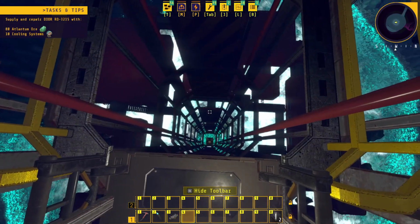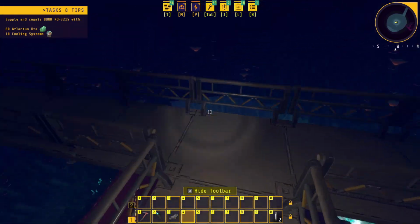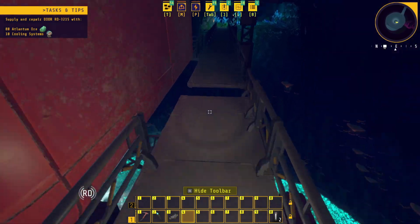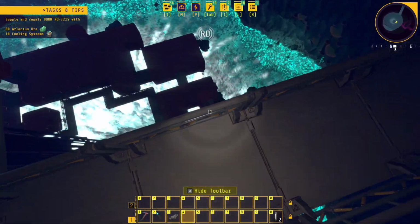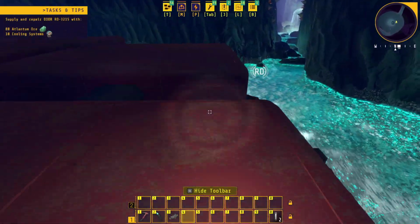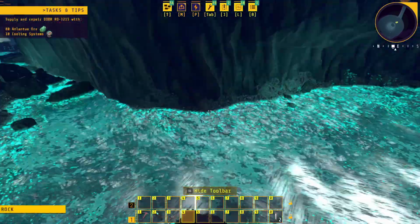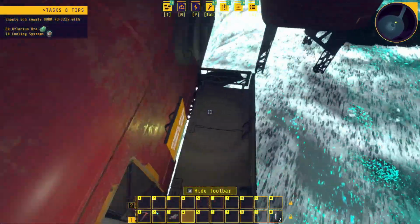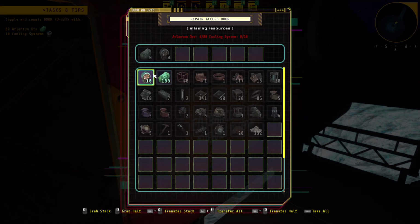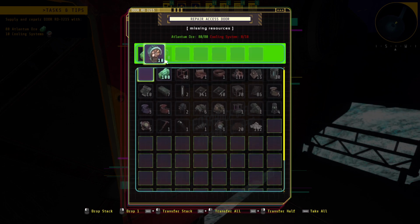Don't want to end up down there though. Can I get myself, because I can jump off of here. This suit's got like super damage absorption. Is it this one? Yeah, looks like it. Okay. Well, definitely worth